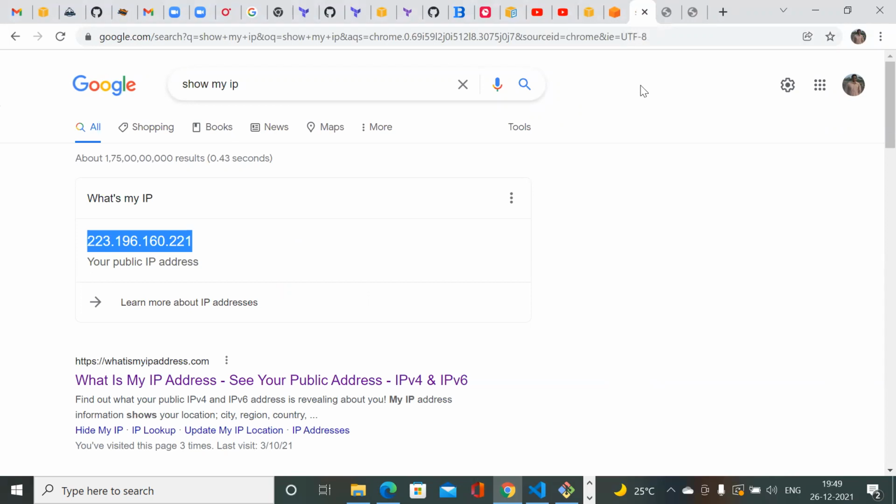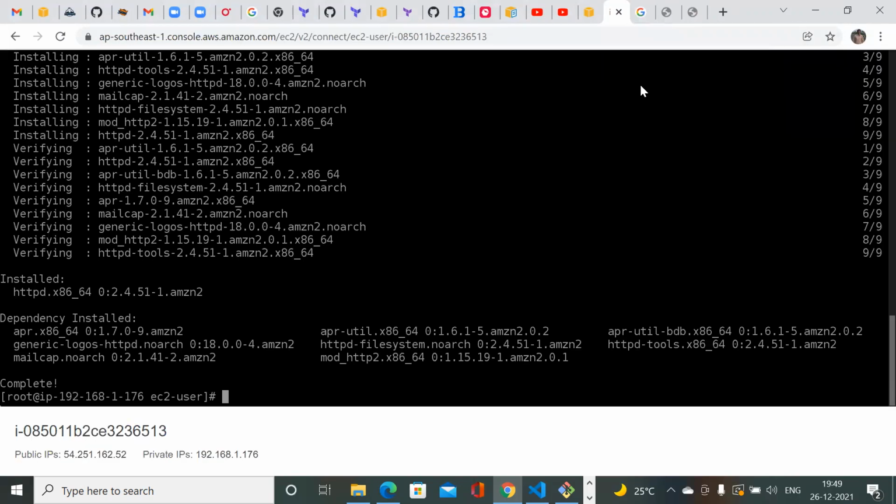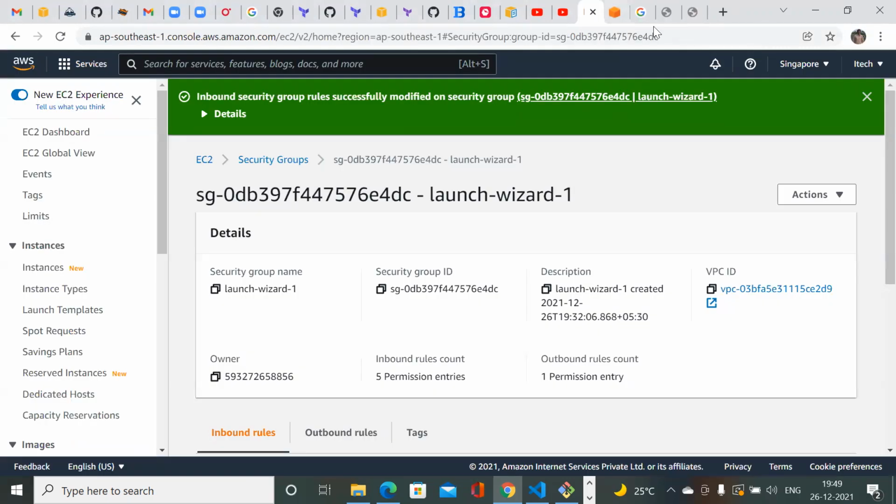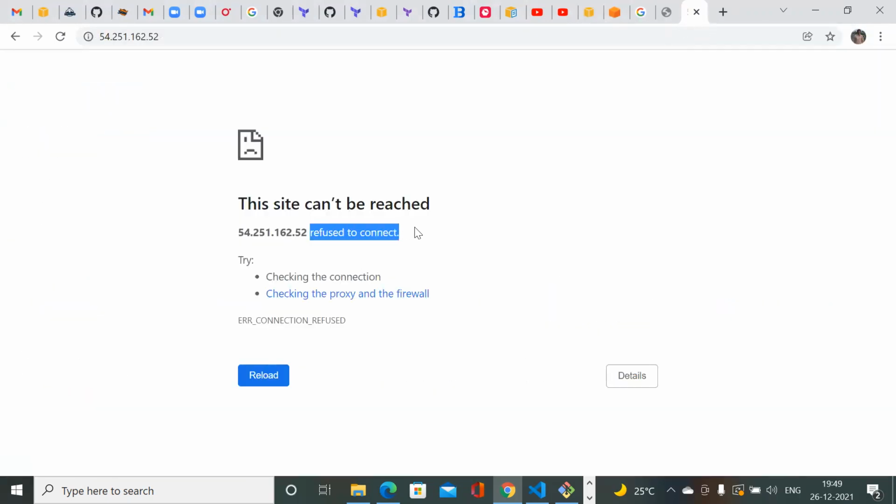Sorry. In the Linux server, the HTTP service is still not started. I'm getting inactive. Refused to connect means your service is up and running, but something is rejecting. Okay, one second. Can you check your service in Linux? Okay, and where is port number 80? Here I just want to enable it from across the globe, from anywhere, IP version 4. Just saving the rules.